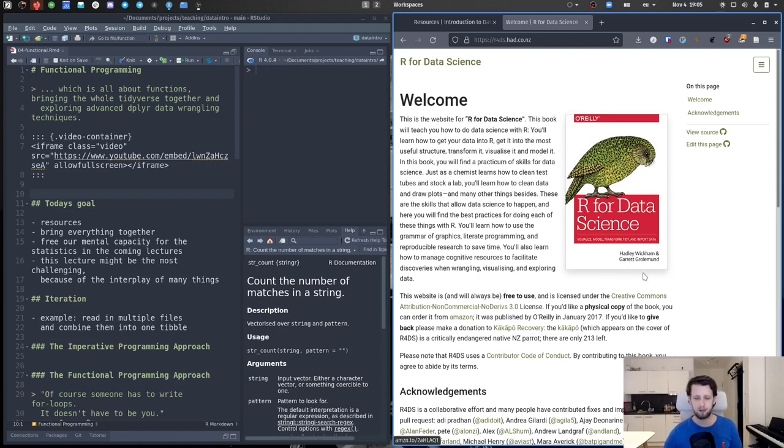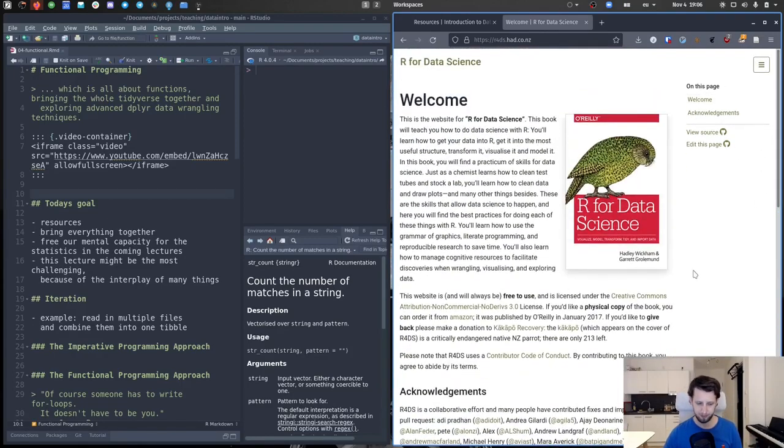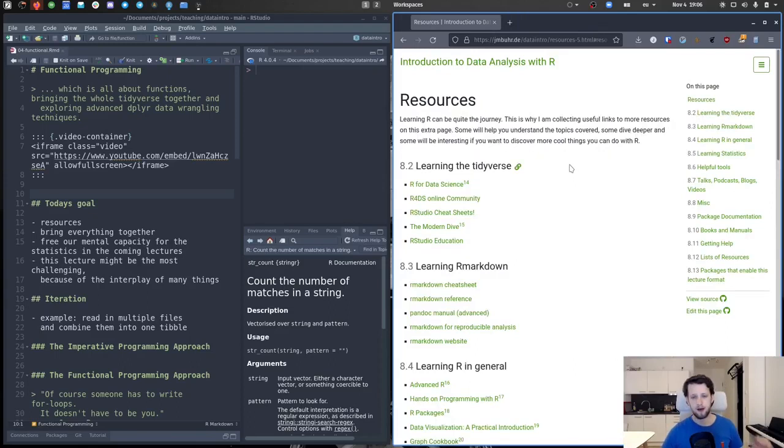It's written by Hadley Wickham and Garrett Grolemund. And Hadley Wickham, who's now, I think, chief data scientist at RStudio, is the one who started this whole tidyverse with inventing the dplyr package. So it's a great resource by true masters of their craft, which I really recommend. And the reason I'm going through these resources now is because lecture 4 sort of marks